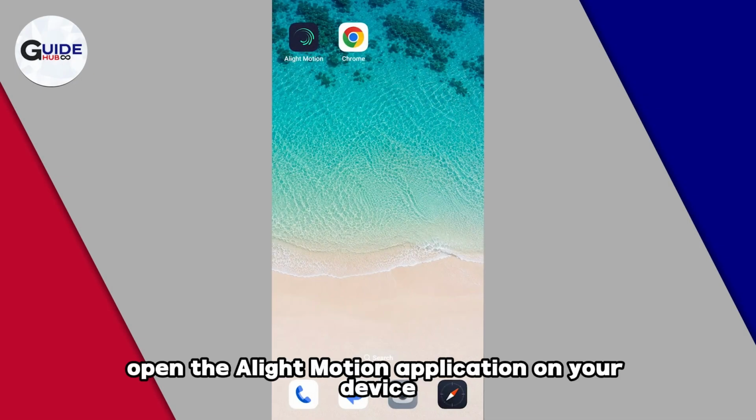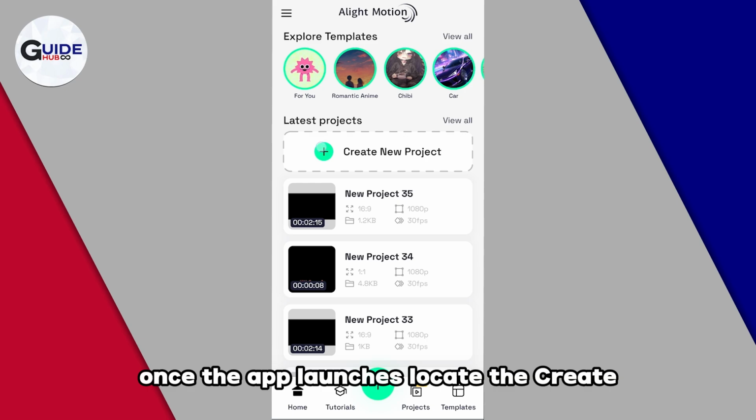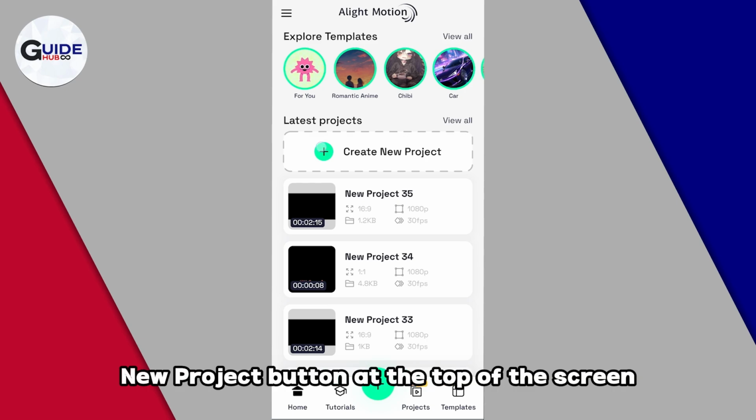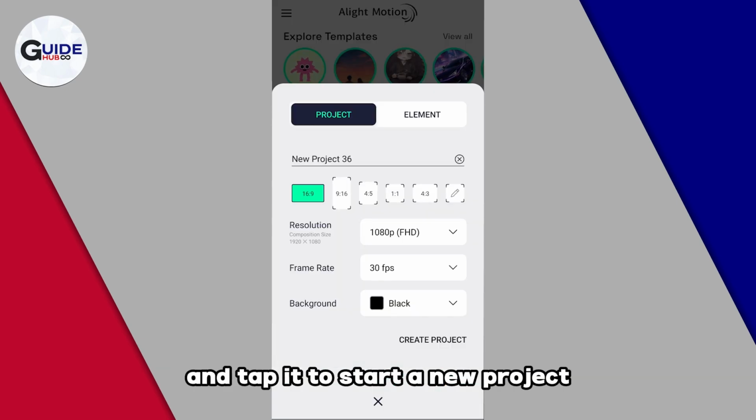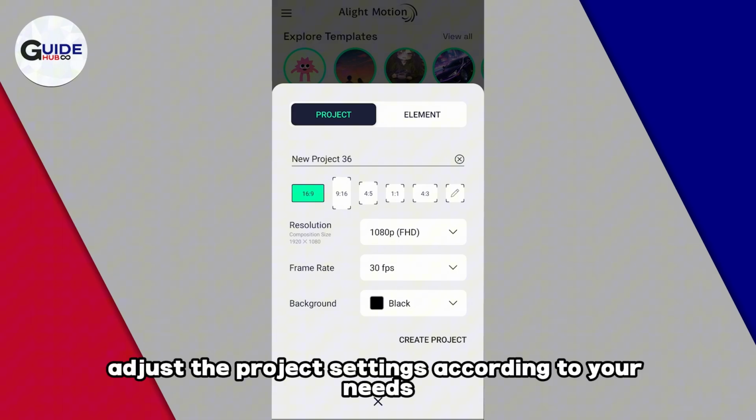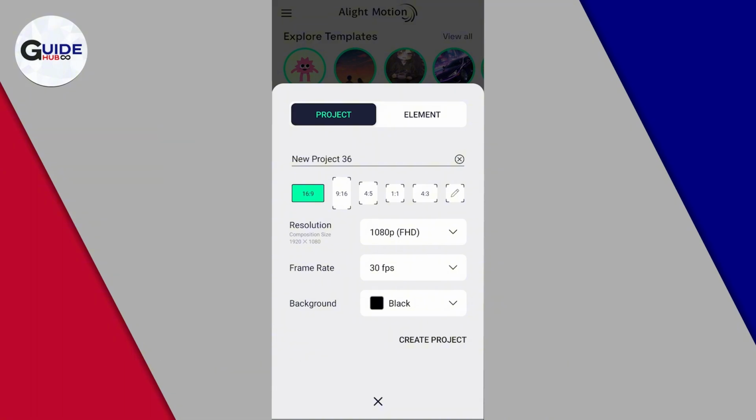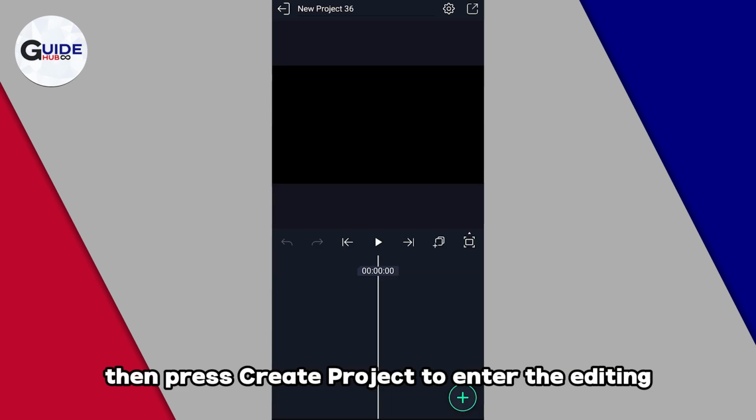Second, open the Alight Motion application on your device. Once the app launches, locate the Create New Project button at the top of the screen and tap it to start a new project. Adjust the project settings according to your needs, then press Create Project to enter the editing